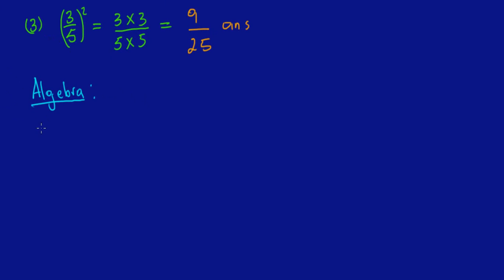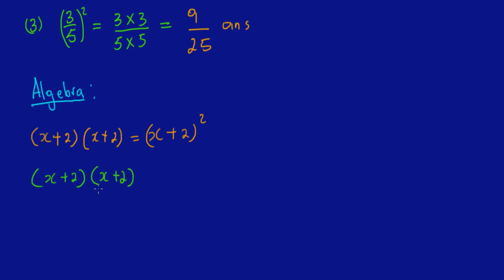Let me write a polynomial here. We could have x plus 2 multiplied by itself, which is x plus 2, and we know that this could also be represented as x plus 2 all squared. So these two statements mean the same thing. Now we could take this x plus 2 times x plus 2,